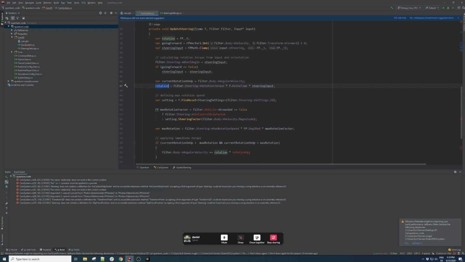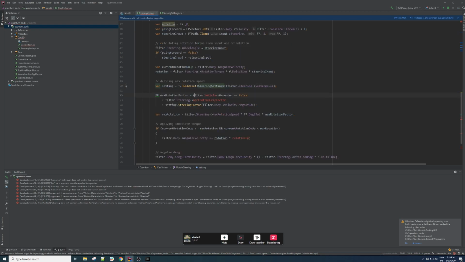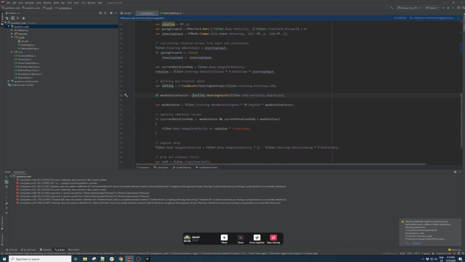So what we do is, this is the amount of rotation that we're going to add. So we're going to integrate more angular velocity to the object based on this. And max rotation, there is no grounded. So it will always be this, which is the steering factor. This is an interesting thing, because